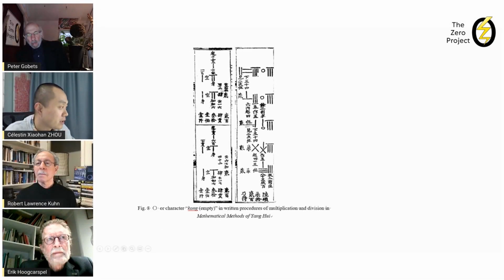The character Kong is empty. It's a concept similar to the Buddhist concept, and it has been used in this configuration as an alternative to the circle. On the same page, we can see that the circle and the character Kong are used without any difference. These two symbols, but